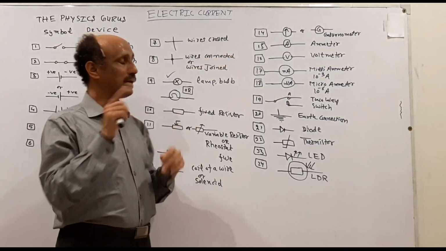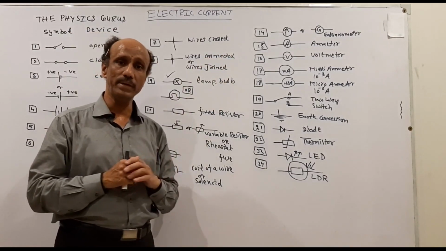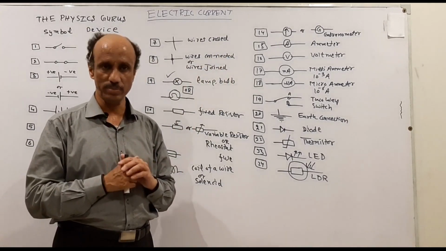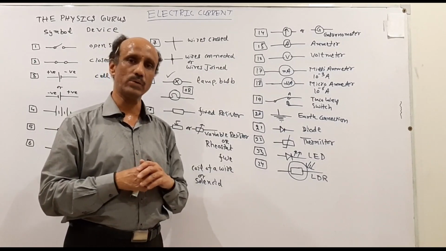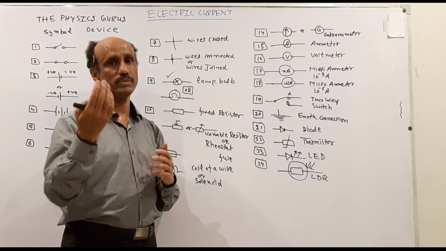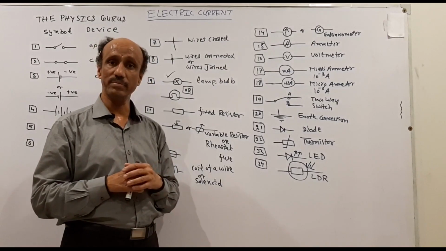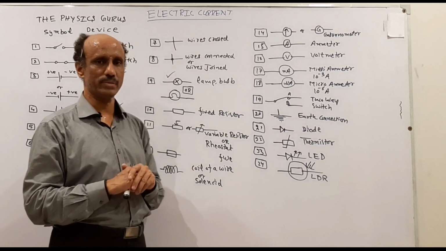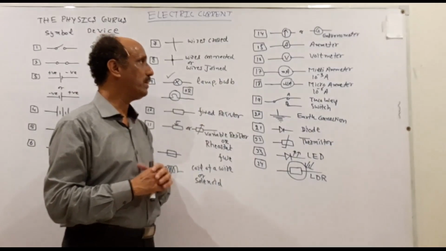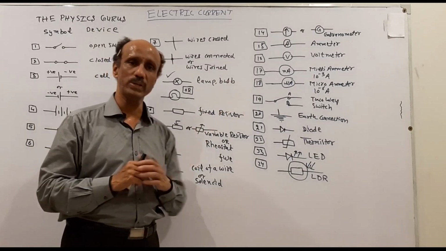The ammeter, capital A, the voltmeter, capital V. Similarly for the milliammeter, small m will represent 10 raised to the power minus 3. So it means that it will measure up to 1/1000 ampere of the current, and then the microammeter will be 10 raised to the power minus 6. So if the current passing through the electric circuit is very small, then instead of the ammeter we will use the microammeter.